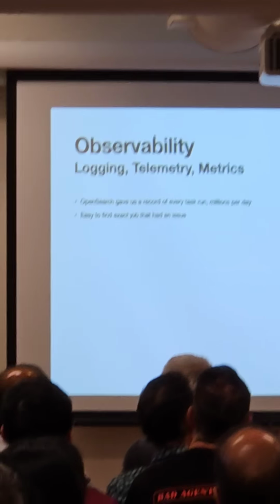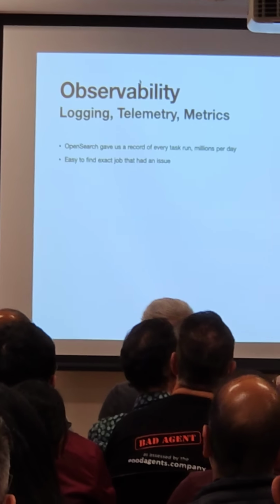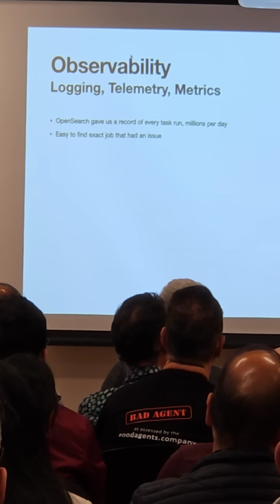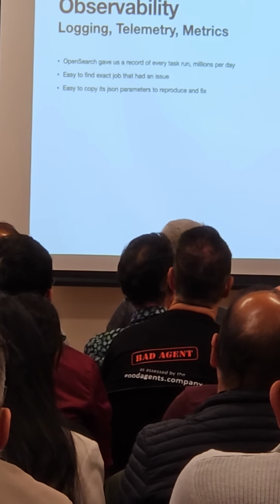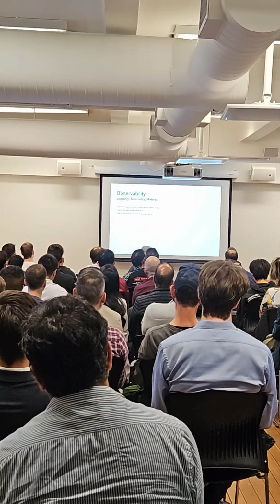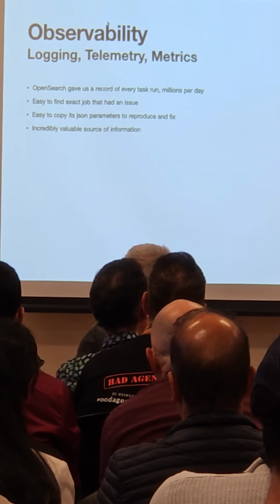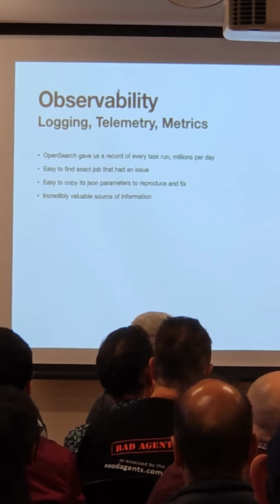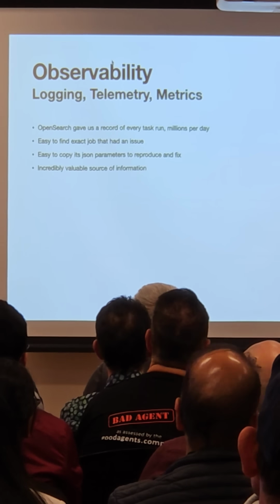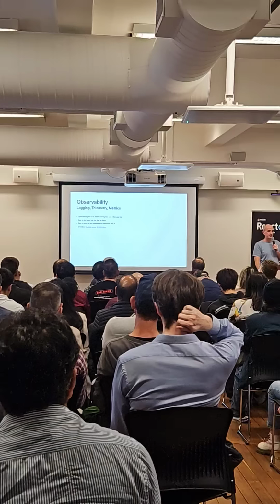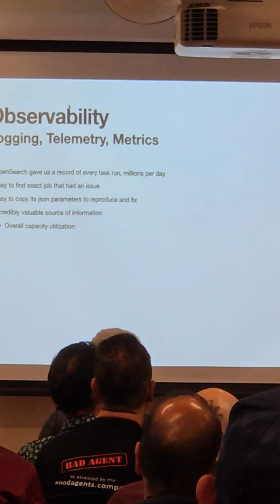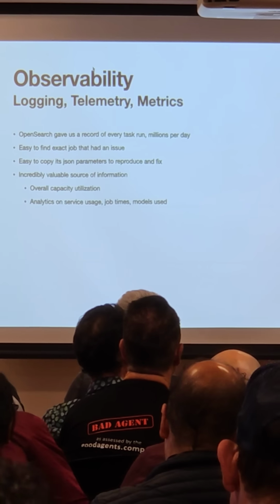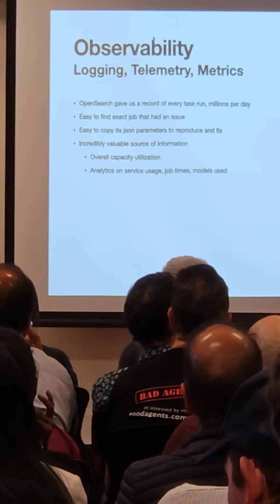We had a lot of jobs, we made a lot of images, and it was very easy to get the exact job that failed and get the exact parameters of that job, which meant we could go and reproduce the issue and fix it, or tell users that they had done something wild. It was also a really useful database of what our service looked like and how it was used. So we had overall capacity utilization, analytics on service usage, job times, models,